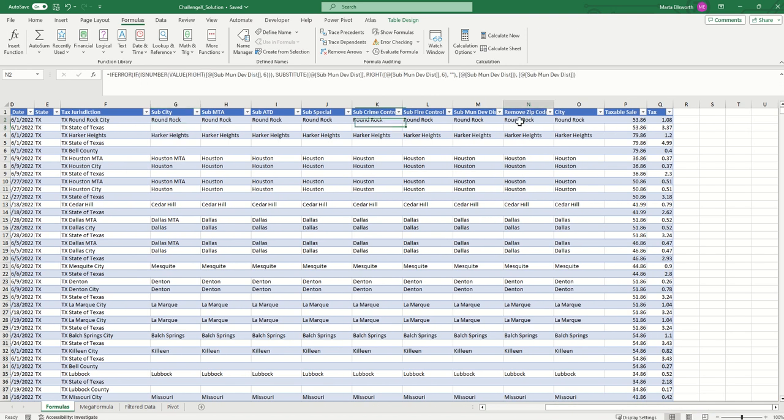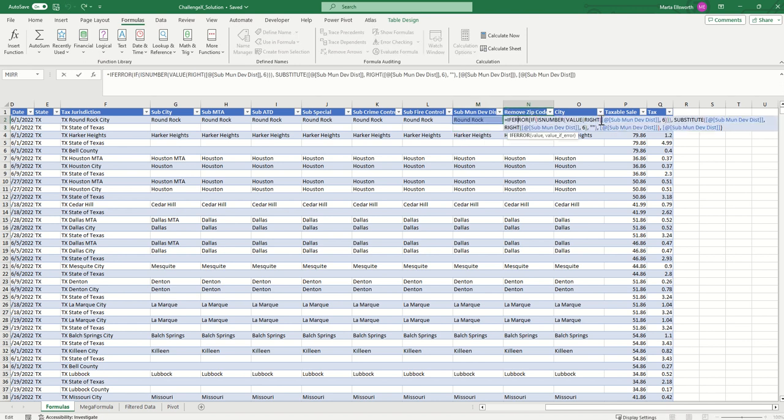And when you get to, for example, this one, this is a lot harder because it's referencing that column M a lot of times. So every time it has that sub municipal development district, you're going to copy and paste the whole entire formula inside. So we would go through each step, so this would be a lot longer formula, but just to give an example, so I'm going to copy that. And I would go through,